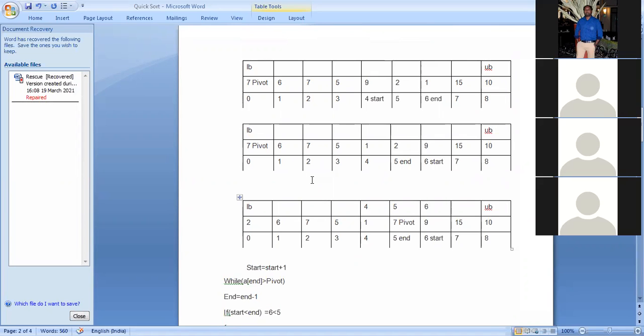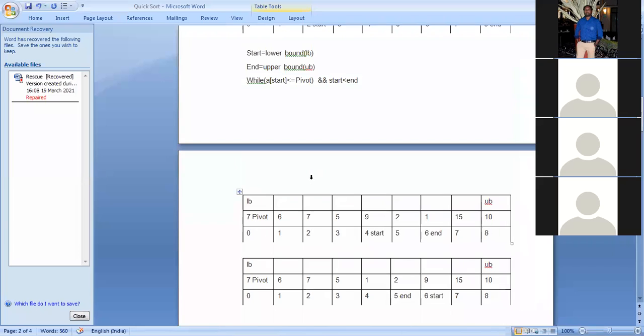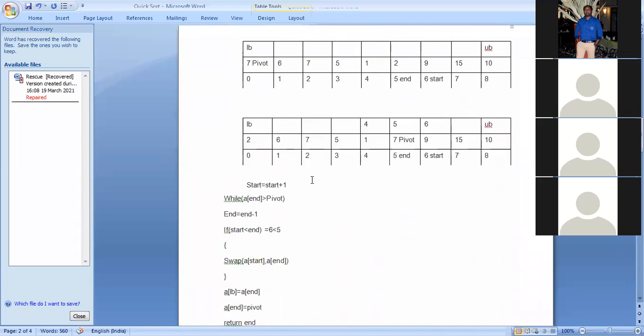So you have any doubt? Yes, you have any doubt? No, sir. Okay, very good. So we can take another example also. If you are agree, then we'll take another example. Yes, sir. Okay. So we'll take another example. After that, after 3 or 4 minutes, 3.5 minutes, again we'll rejoin. Okay. So again you will rejoin.